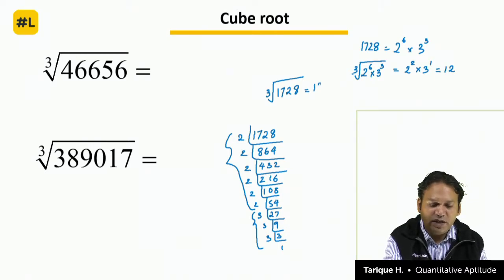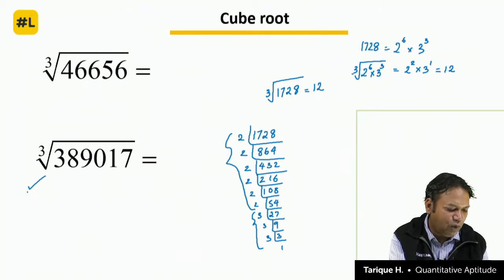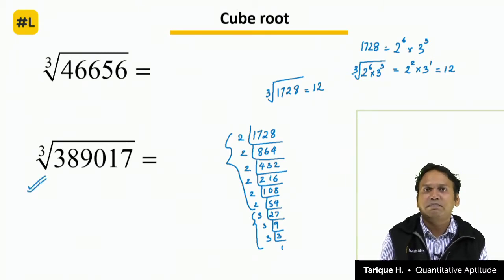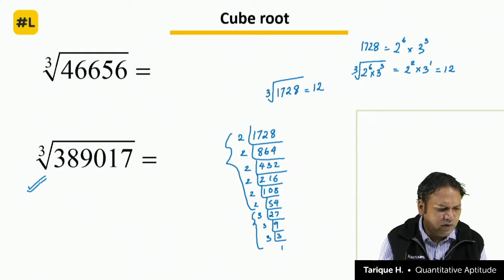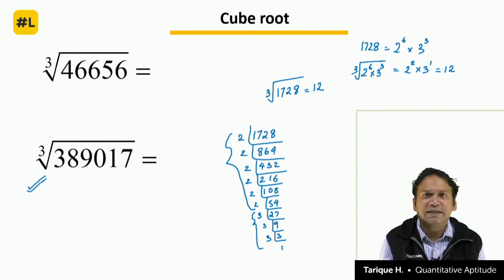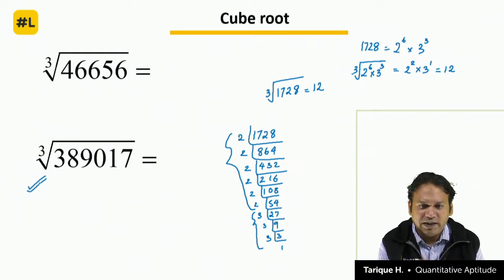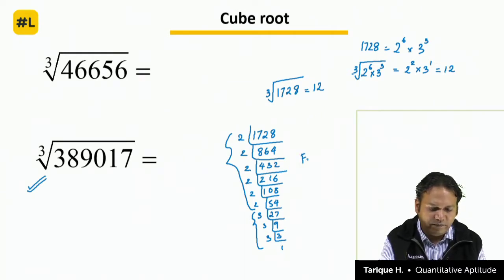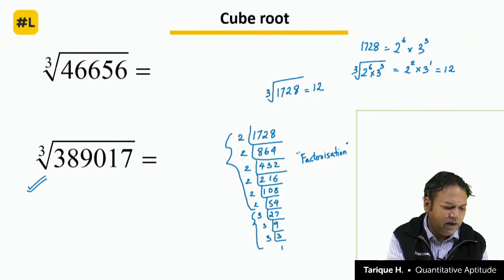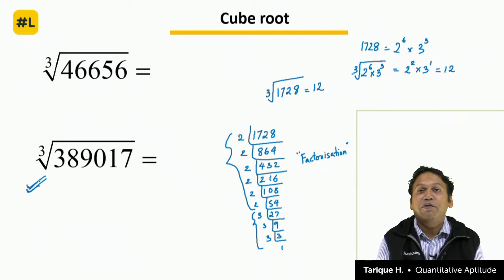Cube root of 1728 is 12, but then how will you find out the cube root of 389017 or the cube root of 46656? How much time it will take for you to find out the cube root by this factorization method? If I don't teach you the method of finding cube roots directly, and if I leave it for you to calculate this cube root, and if you try factorization, it might take for you 15-20 minutes also, because it will be very difficult to factorize this number